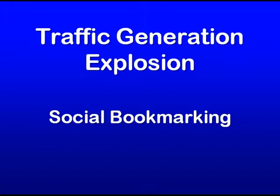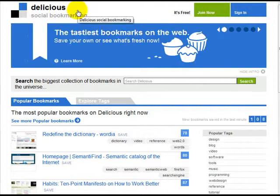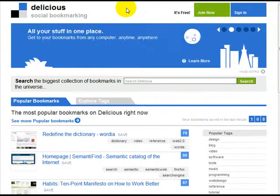Of course, if you do that on your computer, you're the only one that ever sees the bookmarks, and that's fine and well for you, but that doesn't allow others to see what you recommend. Social bookmarking is essentially when you go and you join one of the social bookmarking sites. Delicious is one of the top ones. I certainly recommend working with Delicious. Essentially, you sign up for a free account and you install a button on your toolbar and you start bookmarking. When you come to a site that you like, you hit the button and you bookmark the site and it